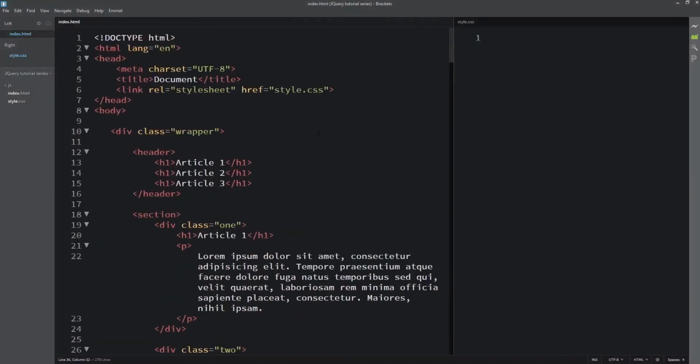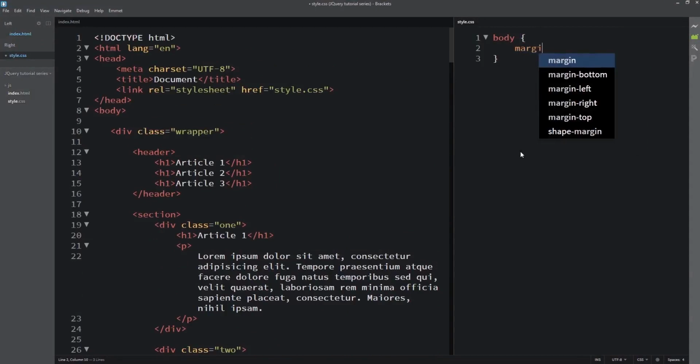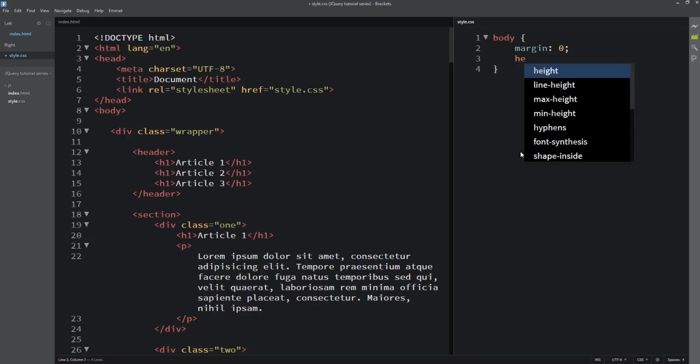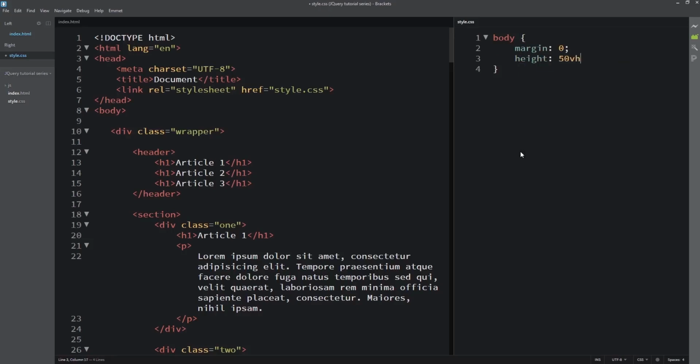So moving into the styling now, we'll see how to do it. I'll target the body, then I'll say margin 0, then we'll just give the height 50 view height.